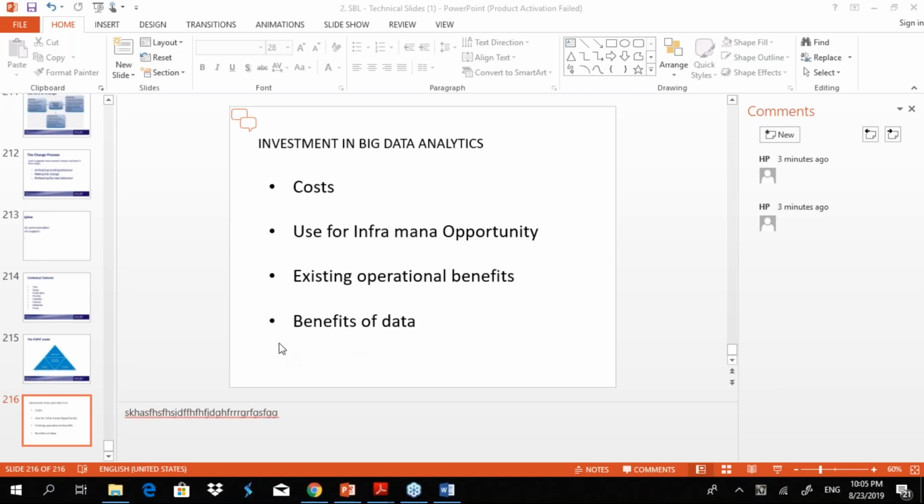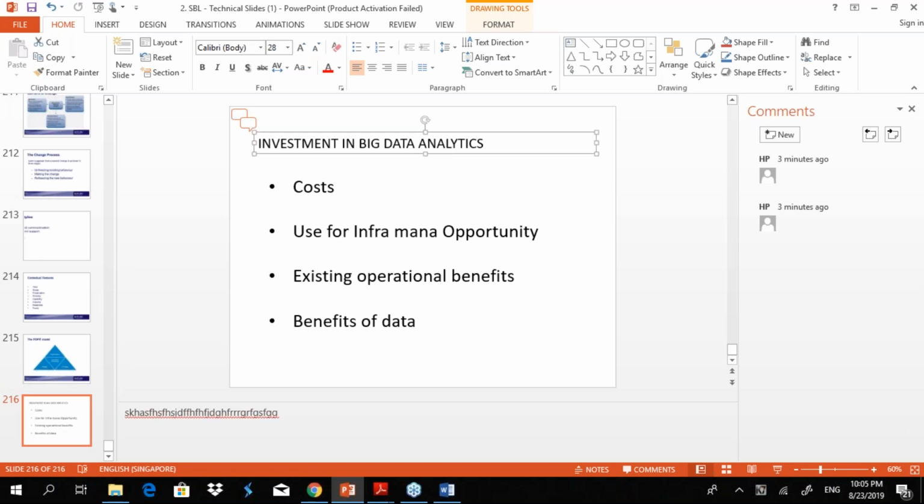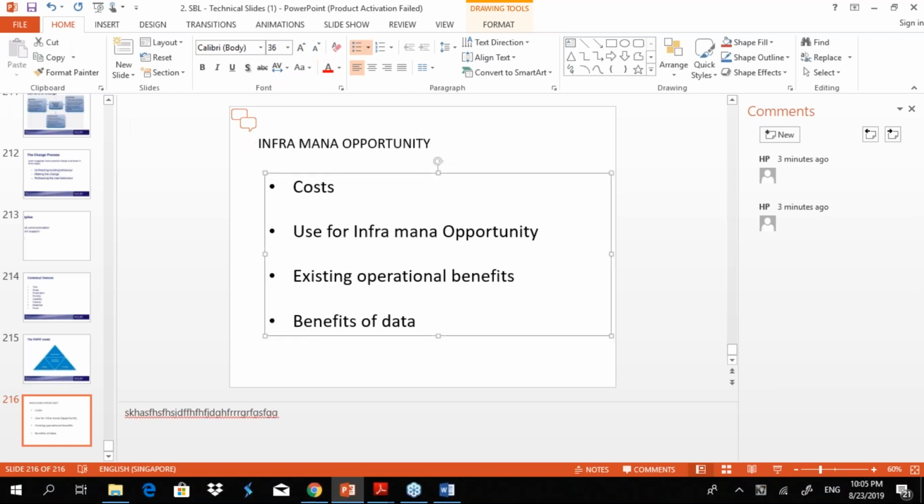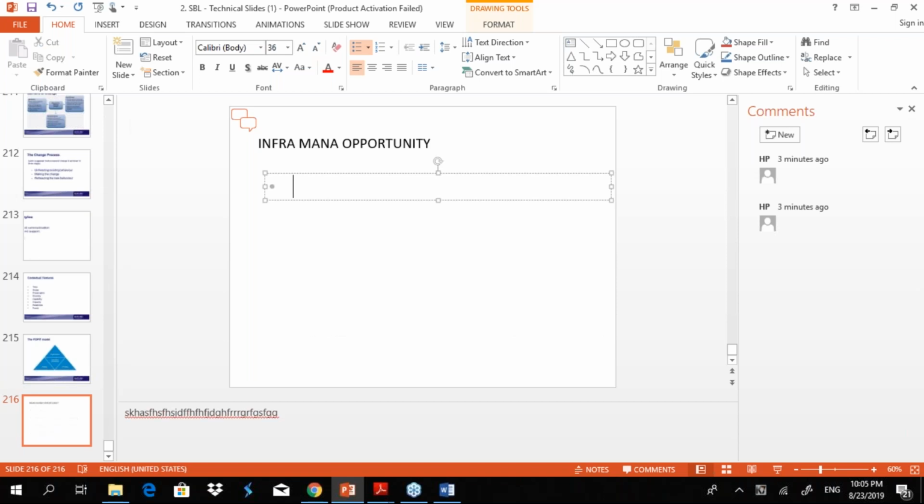Right, then the second slide needs to be about the infrastructure management opportunity. So that can be your heading: infrastructure management opportunity. So your key points could be, it's another income source, right?